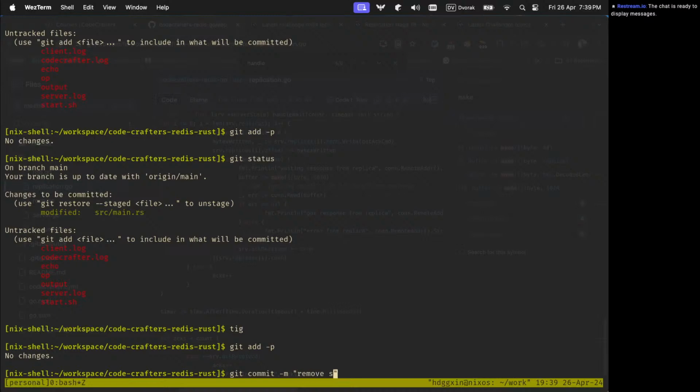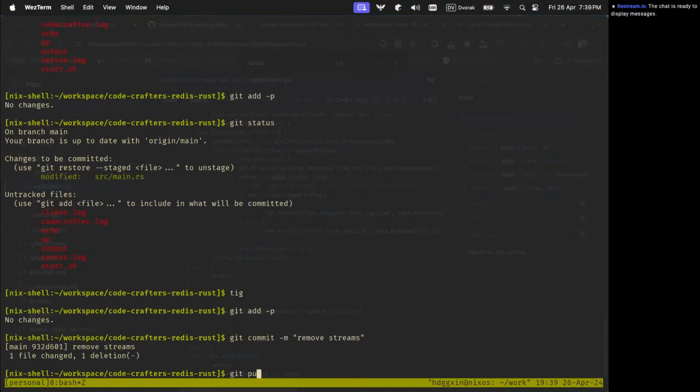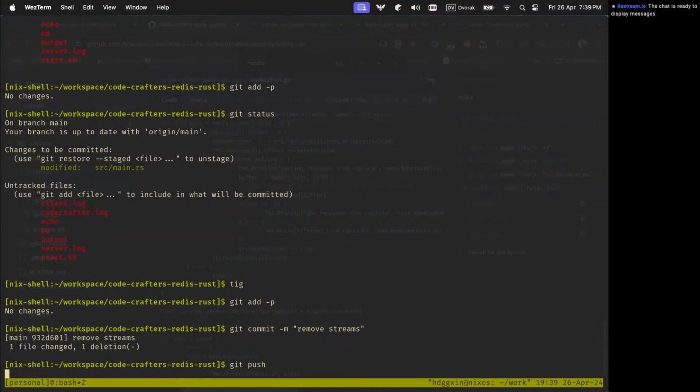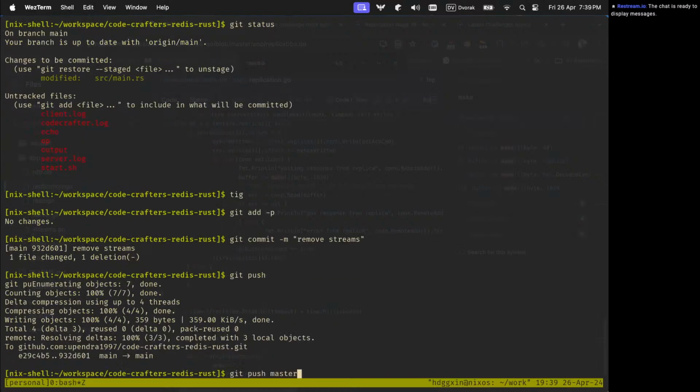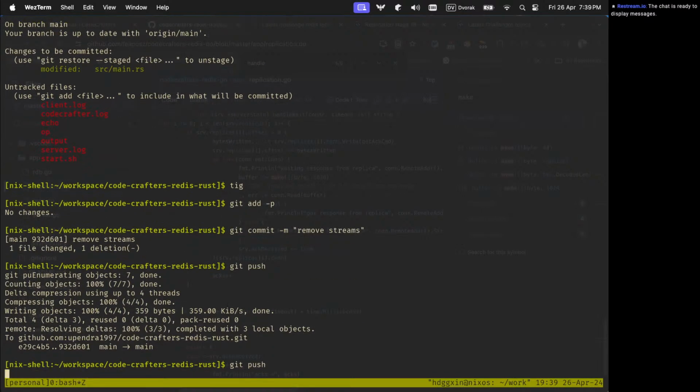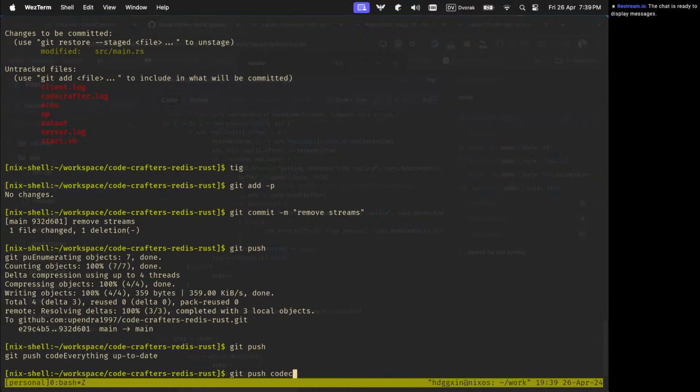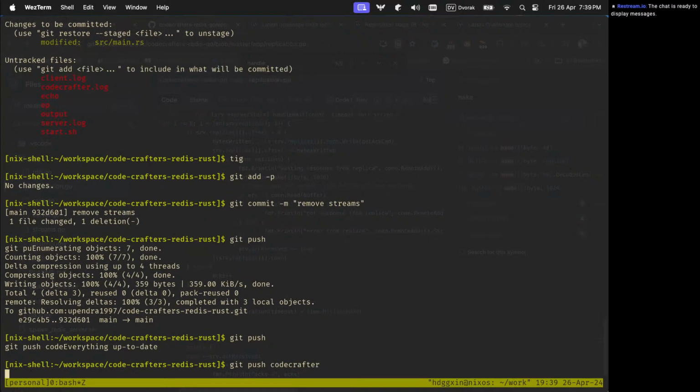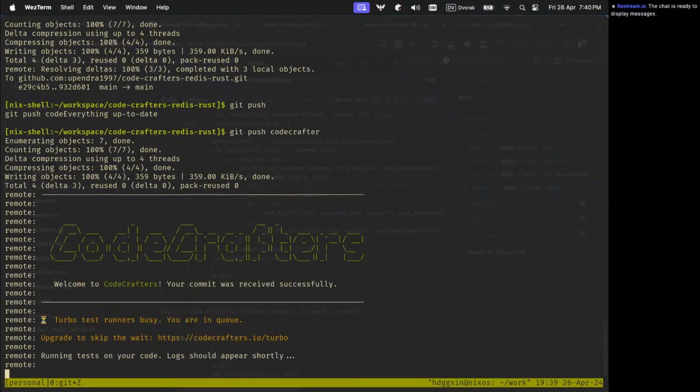Remove streams. Git push master. Git push codecrafters. So let's see the result.